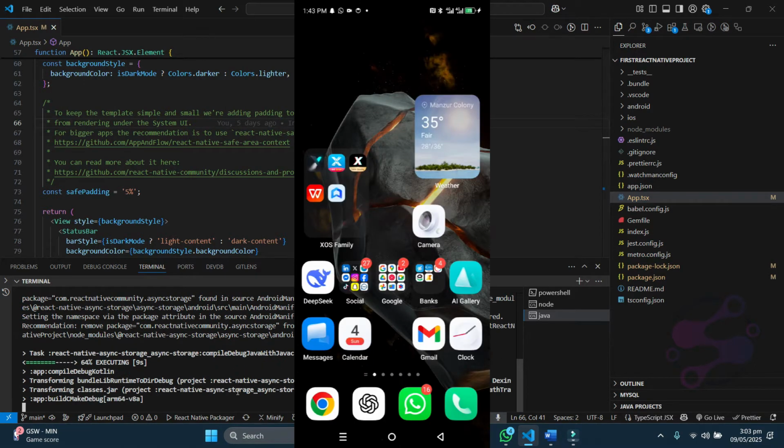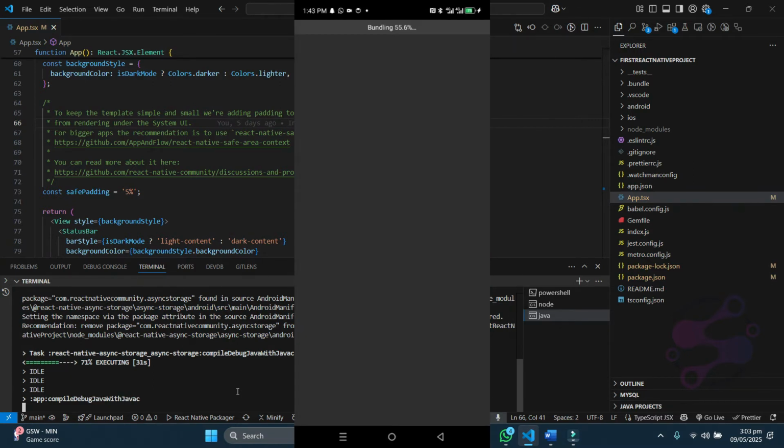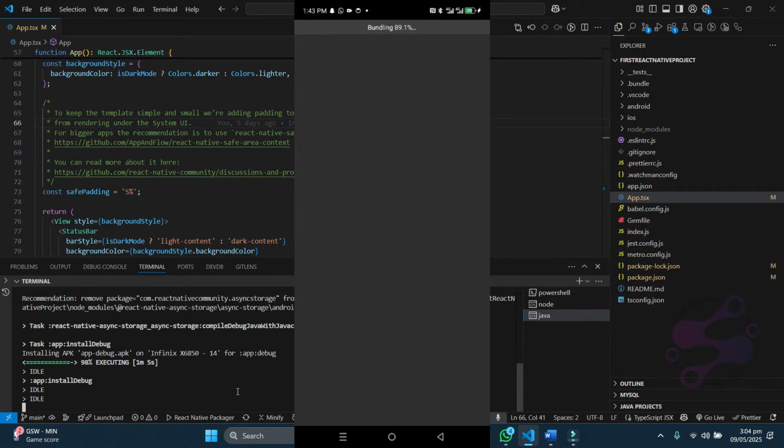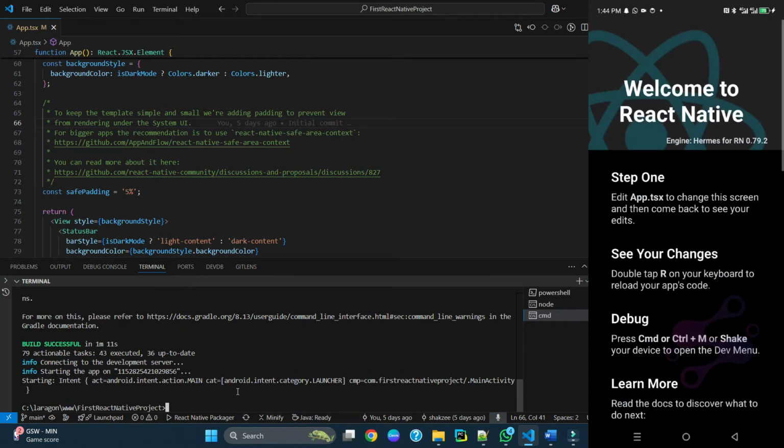So I will show you how it's working. Fine, it's creating the build. So wait for a few seconds. It's about to complete 98%. Now it's opening the application in my Note 40 Pro device.